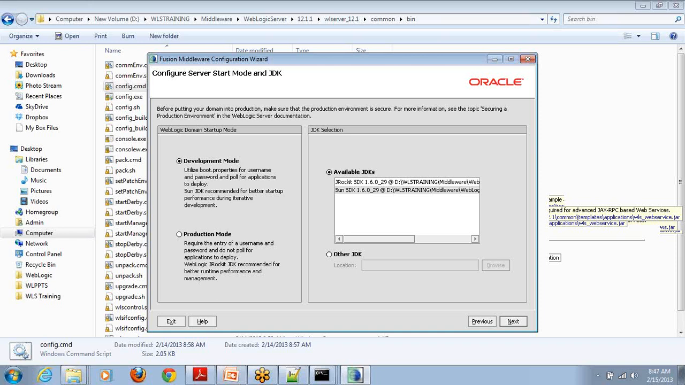In production mode, the auto deployment feature is not there, because production modes are normally used in production environments. Auto deployment is mainly used for development purposes, because whenever the application developer develops an application and he